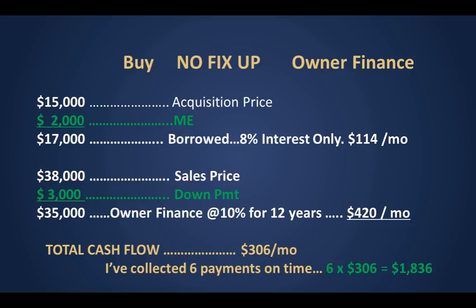This was the house I learned about the buy it, don't fix it. And I said, okay, sounds good to me. I carried $35,000 at 10% for 12 years. I squeezed this one down to 12 years because the balance was so low that it wasn't worth collecting at 30 years. He owed me $420, so my positive cash flow is $306. But you see where I picked up $5,000 up front and created a $306 a month positive cash flow,